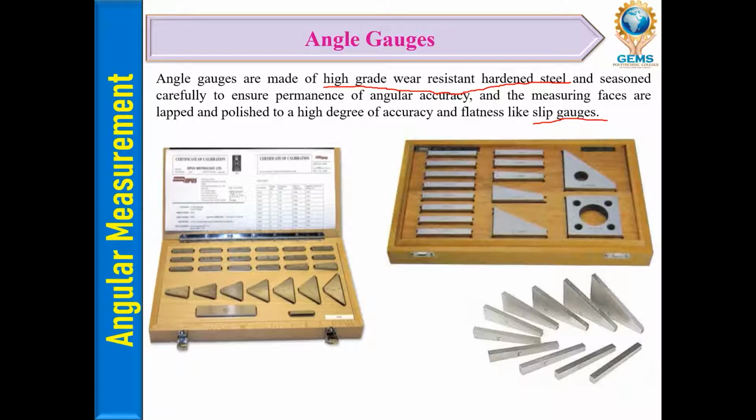If you see, these are the angle gauges, right? This is also an angle gauge. These are all angle gauges of a particular angle, maybe in minutes or seconds or degrees, whatever it may be. These all come in a box like slip gauges. So however many degrees, minutes or seconds you want, you can wring any two gauges together, and then it will give the desired angle.